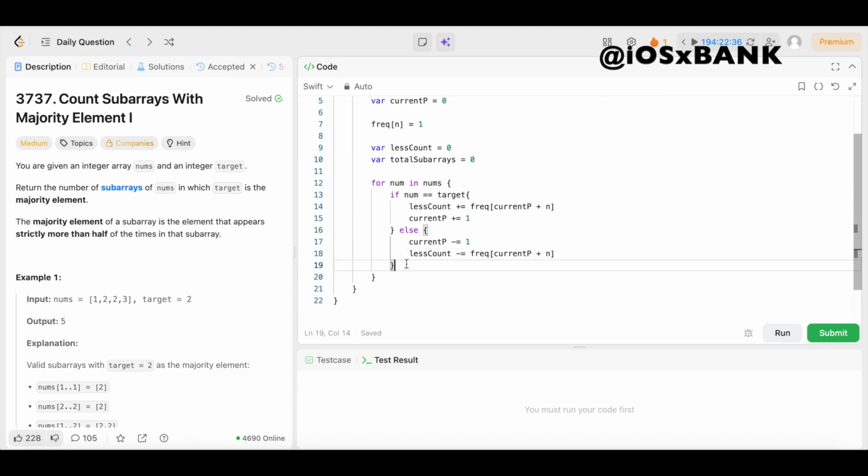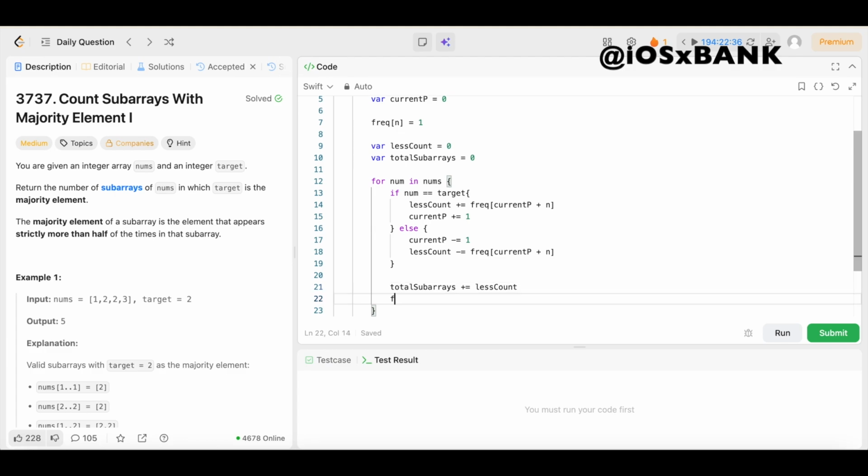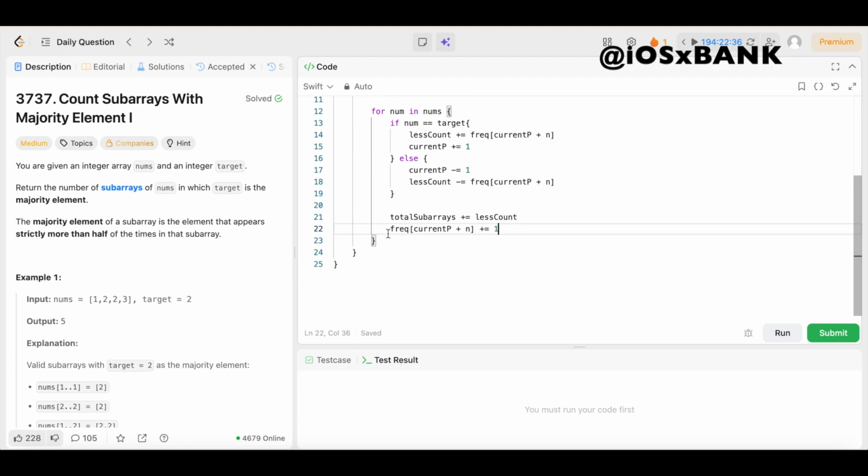Boom. Now all currently valid starting positions generate majority subarrays ending at this index. So we're going to come underneath this, and we'll say total subarrays plus equals less count. Boom. Then we're going to record that this balance has now been seen. So we're going to say freq square bracket current p plus n, come outside of that, and we're going to say plus equals 1. Boom. Now we're going to return the total number of subarrays where target is the majority element, and all we have to do is say return total